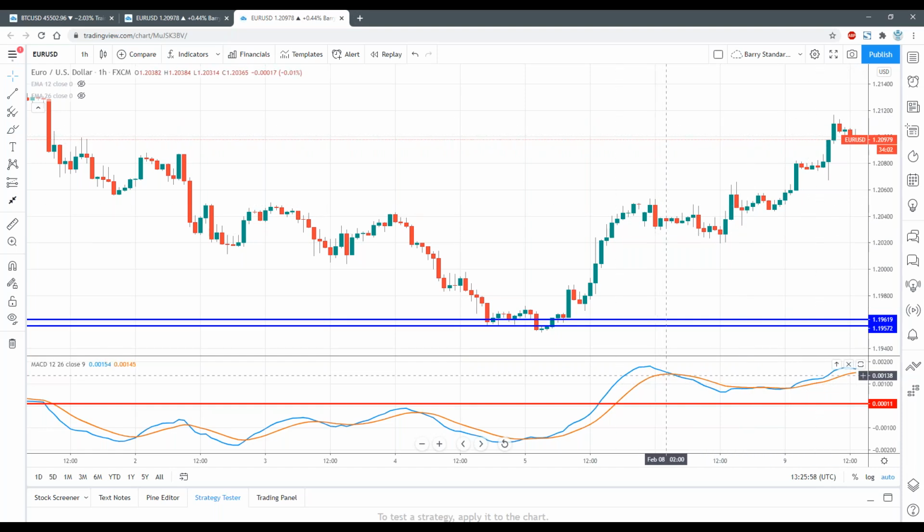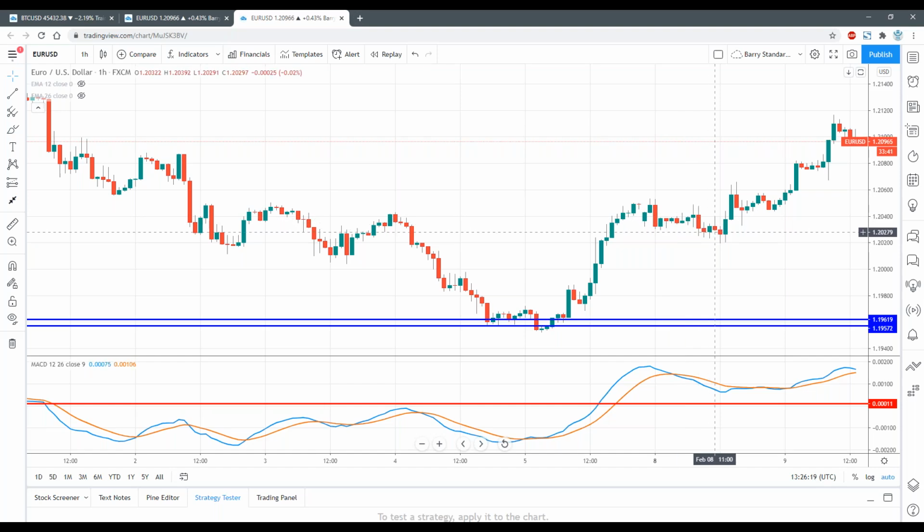Here you got a crossover, but you really got sideways action. But if you had entered here at this buy, that would have been a good sell to get out of the markets at this point. But if you took it as a sell signal that the markets were going to fall, well, the markets did fall, but not enough that you could have covered your spread or made any money.